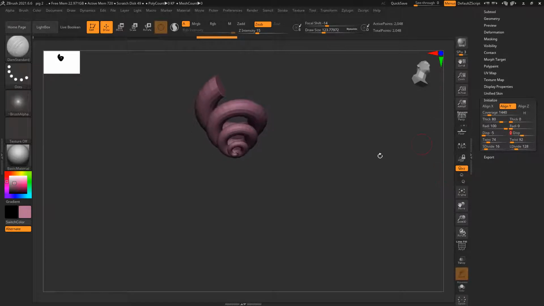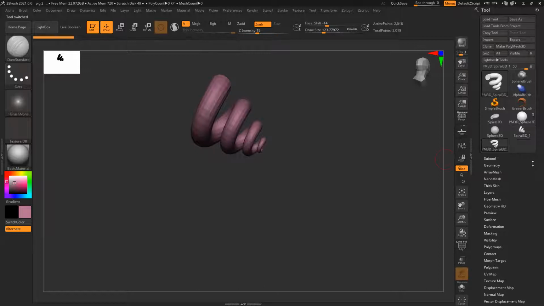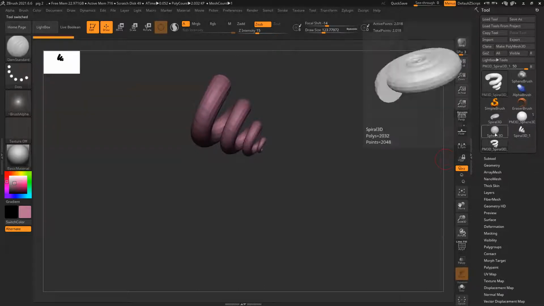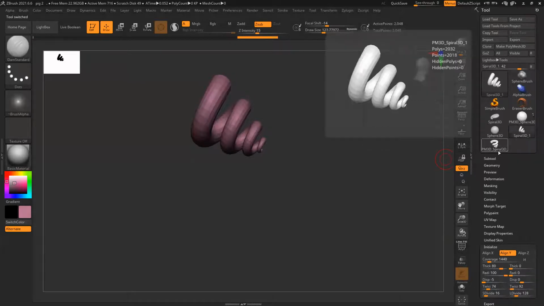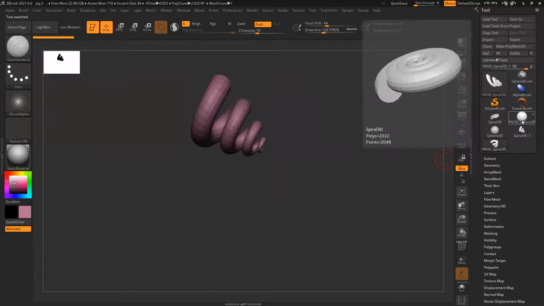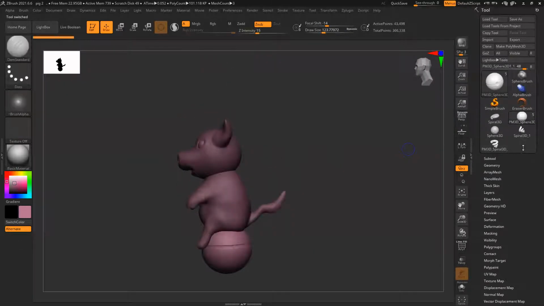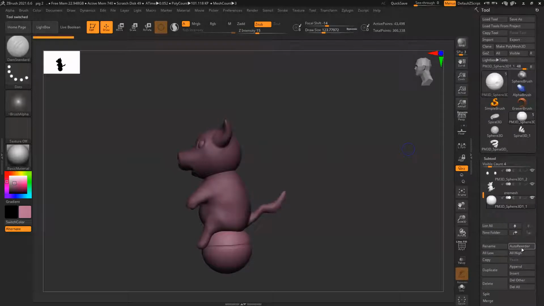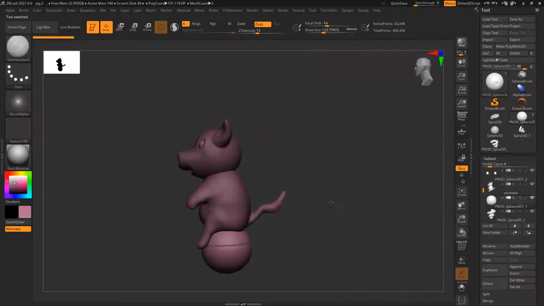Once you create this, make it a PolyMesh3D, then go back to your tool palette. Append, and this thing is here.